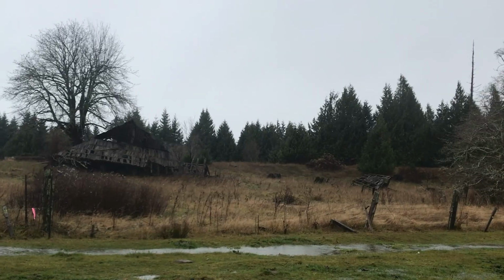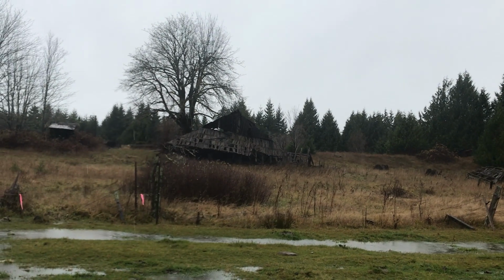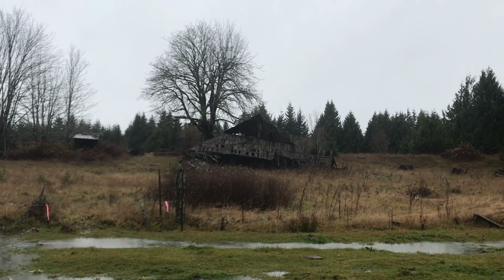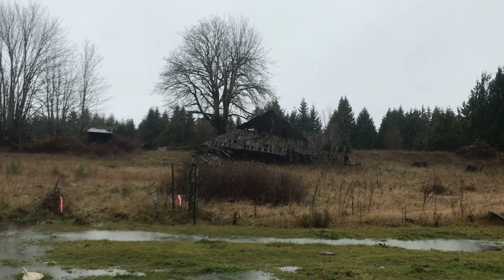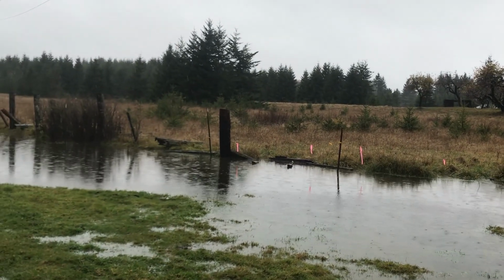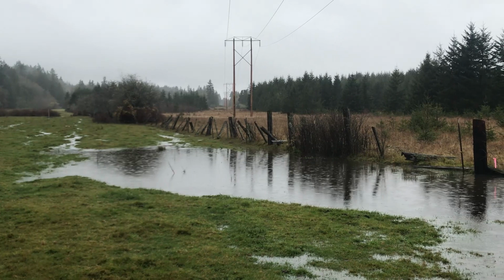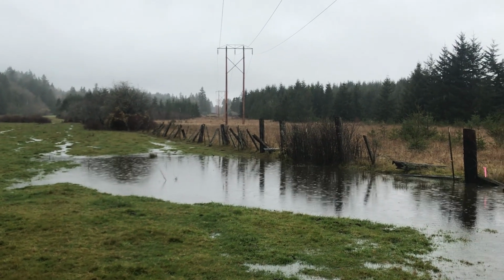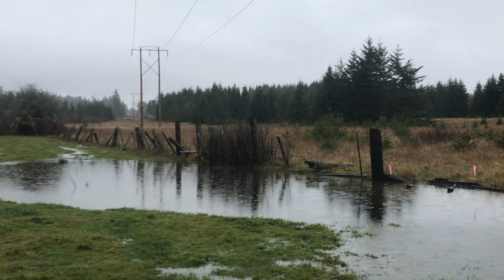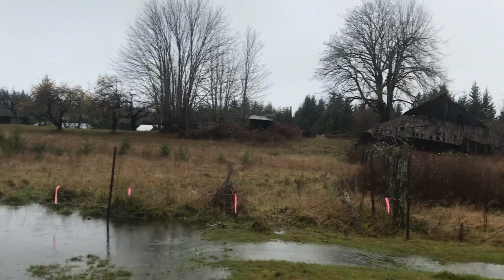Turn left. Over here we have the neighbor, and they have their acreage in a family trust, and it was an original homestead type large amount of acres as well. You can see the barn there that has seen better days, but one of the things that we have as an upcoming project is replacing this fence. The cows would be on our side, and they don't have livestock at the moment, but there are herds of elk, 70 at a time, that come through here, and this is a crossing spot, so we want to put something in that is going to be good for...